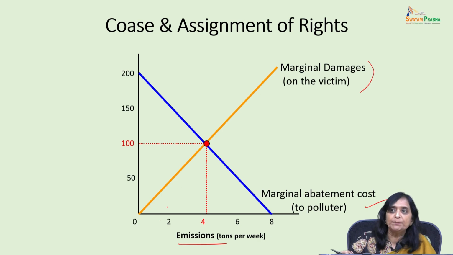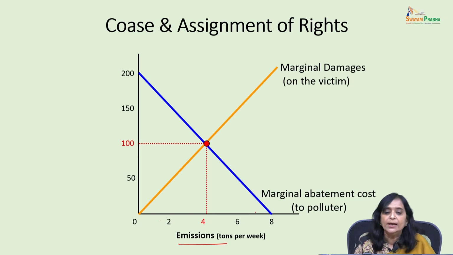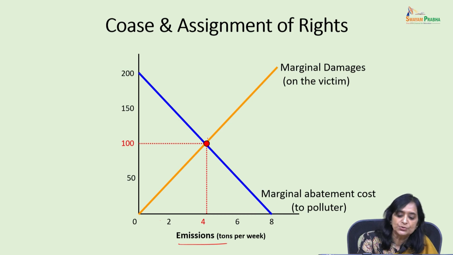In our case, if the paper mill emits more and more into the river, the damage to the fish hatchery will be greater. So, the more the emissions, the more the marginal damage to the victim. And the more the emissions, the less the cost to the polluter. If he emits less, that's a greater cost to him. And if he emits more, because he does not have to clean the pollution he is causing, his cost will be less. Effectively, leaving it to the market mechanism, where the marginal damage is equal to the marginal cost,